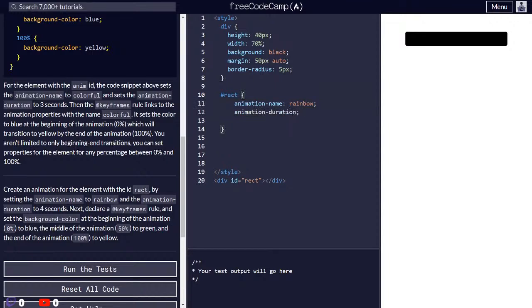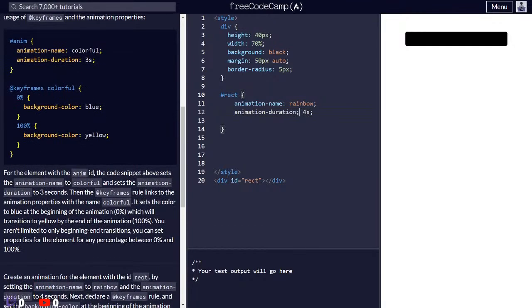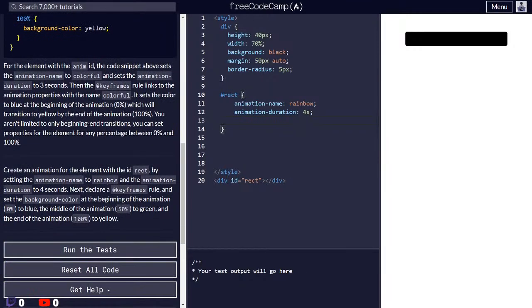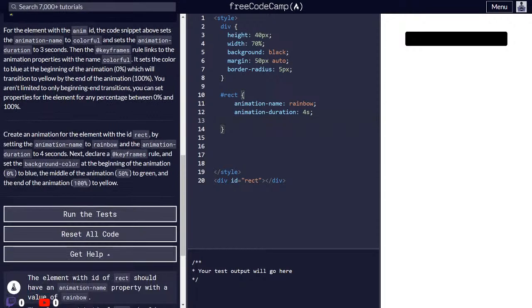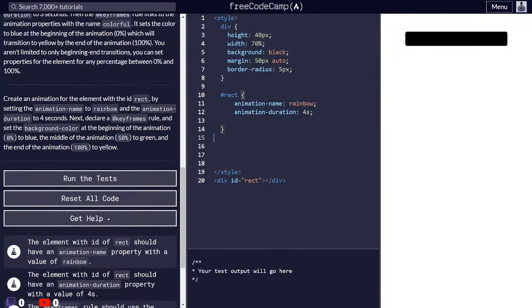Duration to 4s. We set 4 seconds. What is happening here? So we have given the name next. This is the name. So next, declare a keyframe rule at the rate